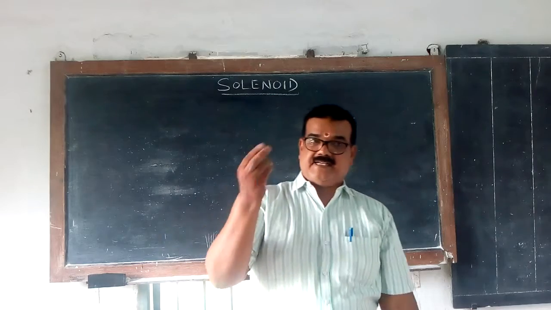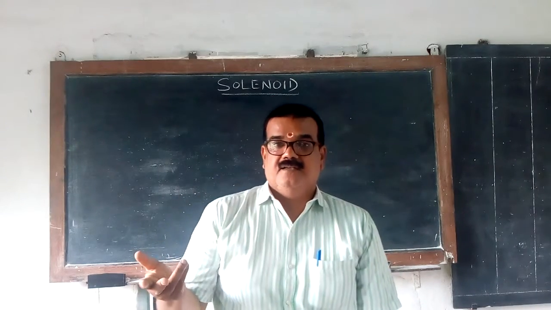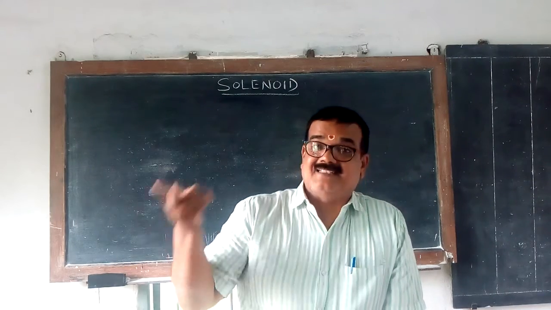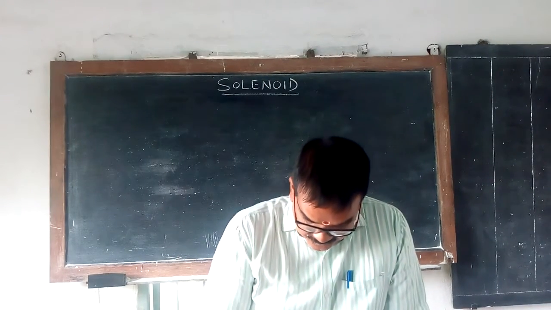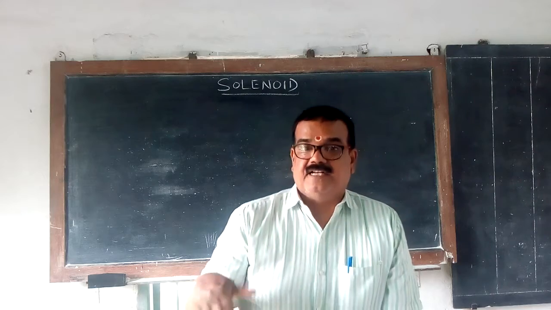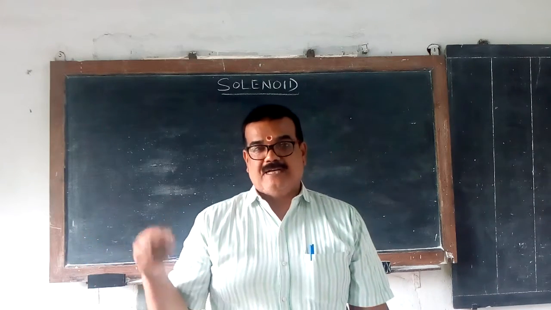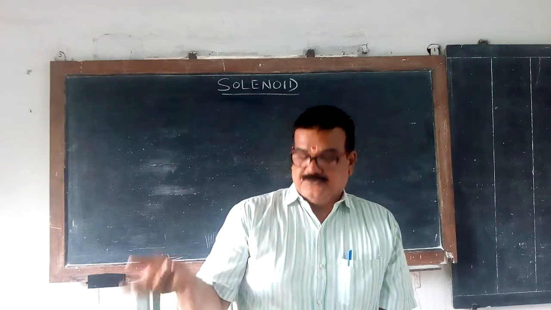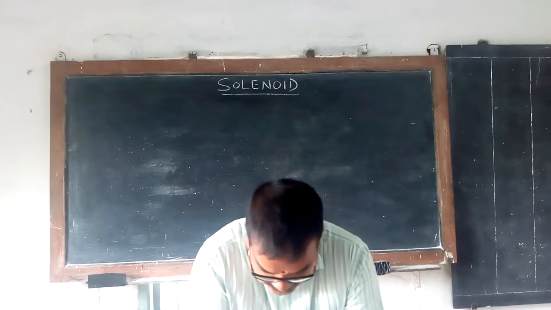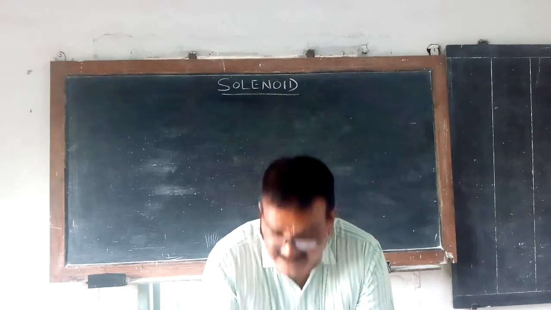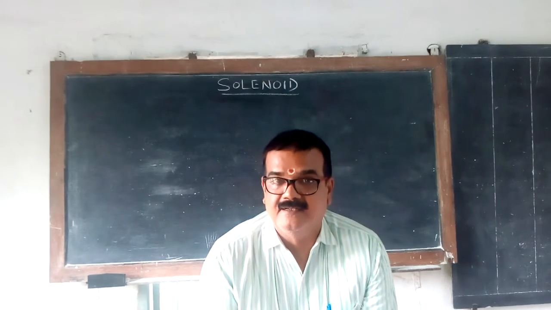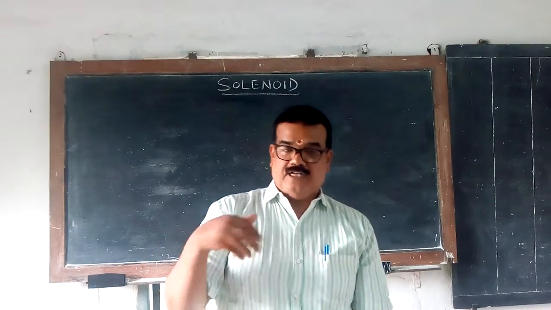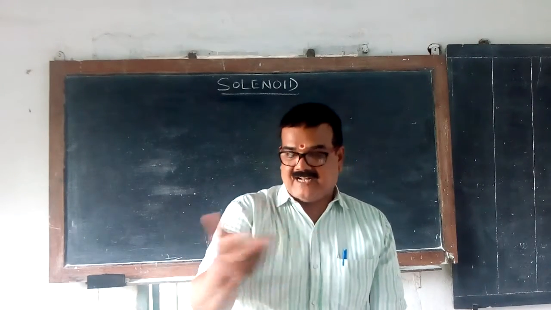Now, electric current is the result of EMF, the electromotive force acting upon an electric circuit. And magnetic flux is the result of magnetomotive force. Magnetomotive force means an effect of electric current which produces a magnetic flux. A magnetic flux is created by the electric current. That is called an electromagnet. When the electromagnet is created, there is a flux.